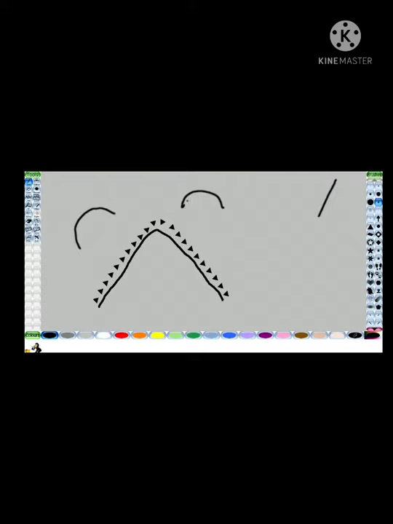Okay, children. Now, this is the haze brush. I hope you can see the difference, but it is not very clear. The haze brush will give you a hazy effect. Hazy effect in the sense of a blur effect, like that. It will give you a hazy effect to draw. It is mainly used to add colors in your drawing.